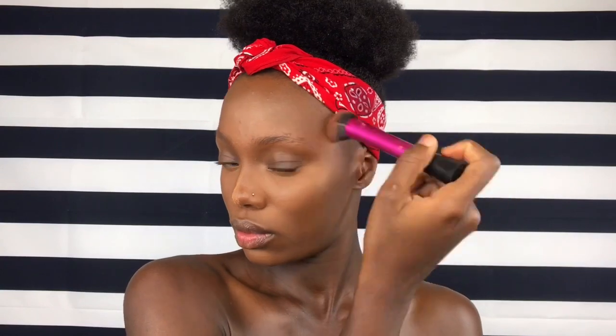And when I was done with that, I went in with my Zara Cosmetics face definer in the shade PZ20. I'm going to be using that to contour my face and add some extra snatch. I just say snatched, oh my god, and add some extra snatched. Applying the setting powder, I went on to blend everything out with my powder from Colourpop Cosmetics in the shade